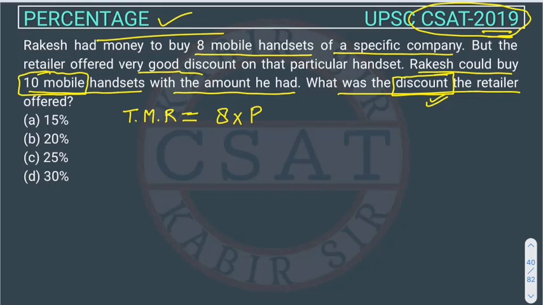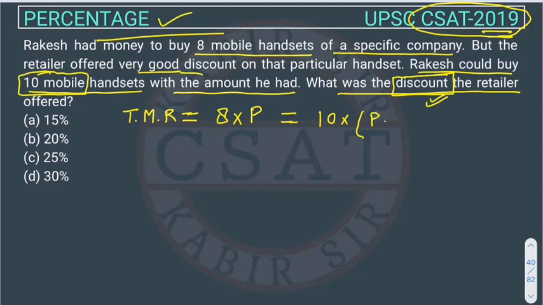So this is the total money Rakesh has, 8P. Now this is equivalent to the total money of Rakesh when he visited the shop and bought 10 mobiles. And what was the price he was offered? Previously the price was P,